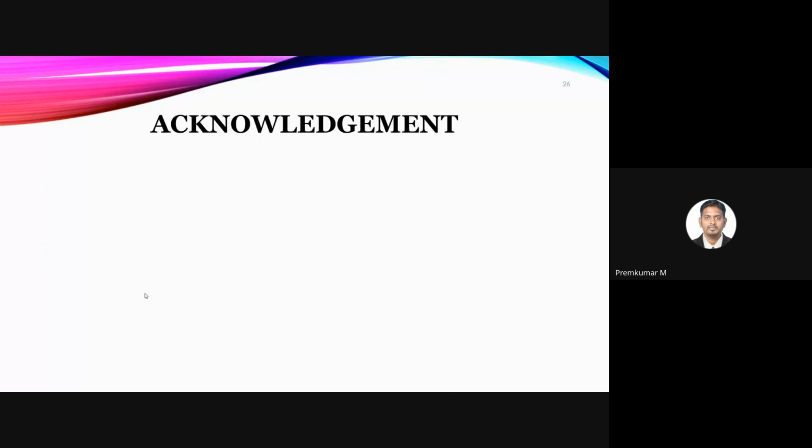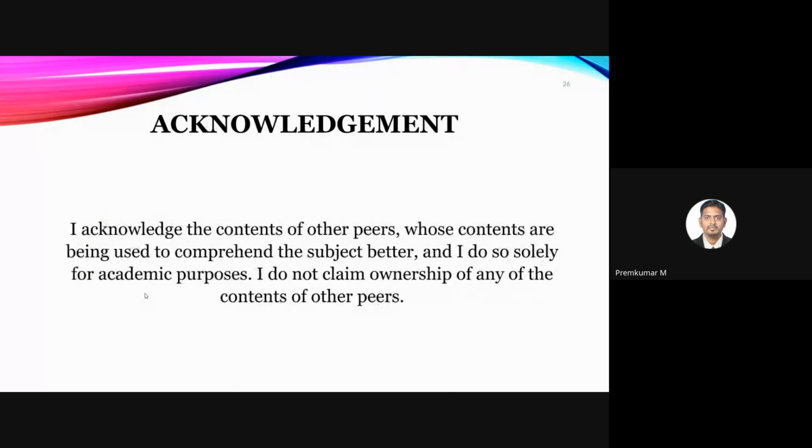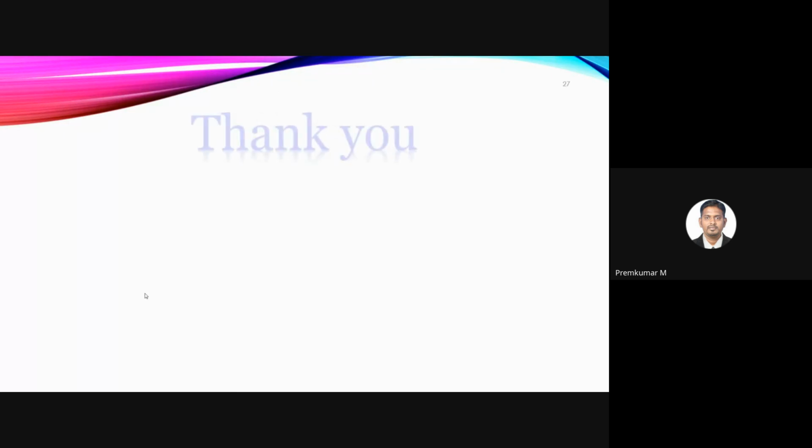And acknowledgement: I acknowledge the contents of other peers whose contents are being used to comprehend the subject better. I do so solely for academic purposes, and I do not claim any ownership of any of the contents of other peers. So with this acknowledgement, I want to conclude my session with great thanks to you,